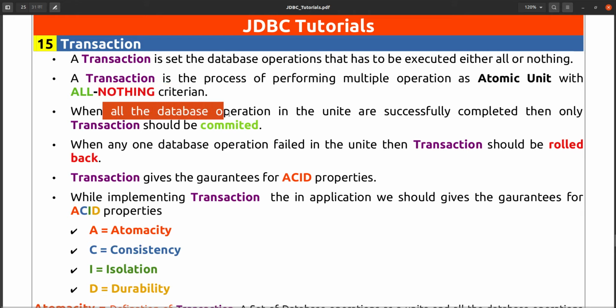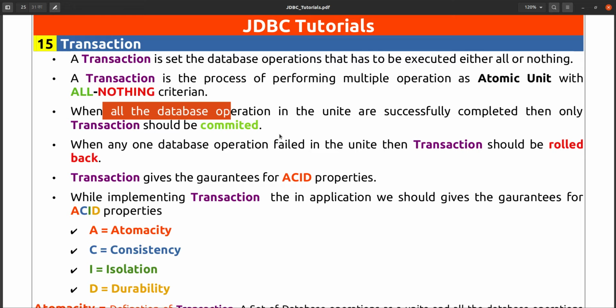When all the database operations in the unit are successfully completed, then only the transaction should be committed. If all the statements or all the queries are executed successfully, then only the transaction should be committed.